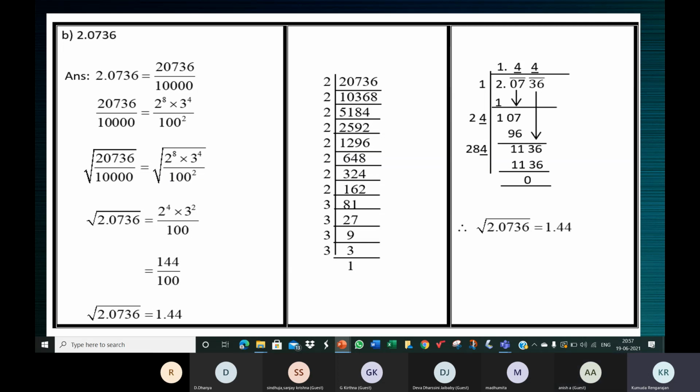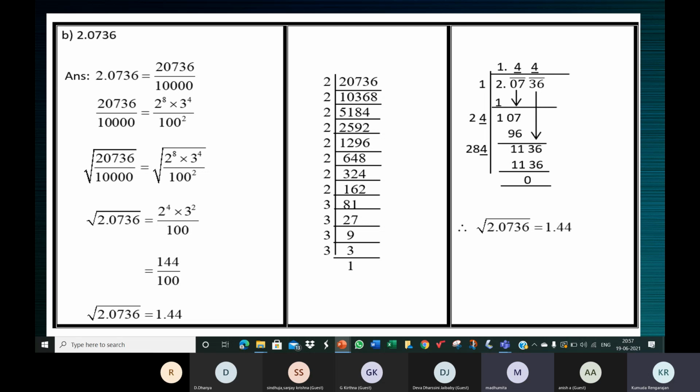So when it is between 50 square and 60 square, it can be 53 square or 57 square, because 3 threes are 9, 7 sevens are 49. But it cannot be 57 because 57 is not a prime number. 57 is divisible by 3. So it should mostly be 53. So try to divide 2809 by 53, and it will be 53 times 53. I hope I answered Kirtana's question. Anybody else? Any other question?